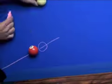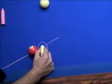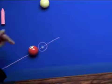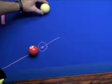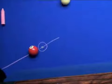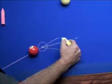So the cue ball is going to need to be right there, like that. The bad news is that in aiming this shot, you actually have to aim the center of the cue ball for there, the center of what we call the ghost ball. The good news is that it doesn't matter whether the cue ball starts out here, or here, or here, or here. All roads lead to Rome. You aim for the same spot,